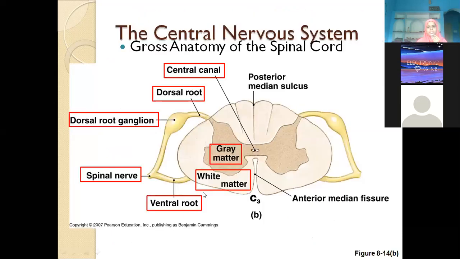Okay. Now coming to this cross section of the spinal cord, we have white matter outside and gray matter inside, and this is the central canal. So we have the anterior median fissure and posterior median sulcus. This is the anterior horn and this is the posterior horn, and this is the intermediate area. The intermediate area will be very well defined in the thoracic region. Okay, we will see the different areas also. It's completely white matter, and we know the spinal nerve is a mixed nerve. The spinal nerve is receiving sensory information through this dorsal root, and the motor information is conveyed via the ventral root. Okay, that is the formation of the spinal nerve.